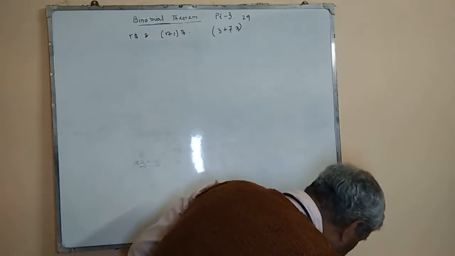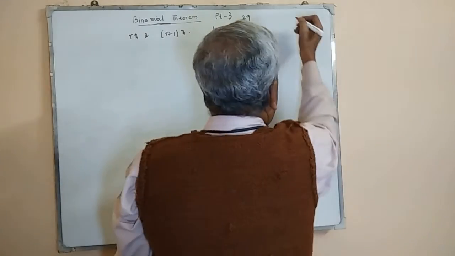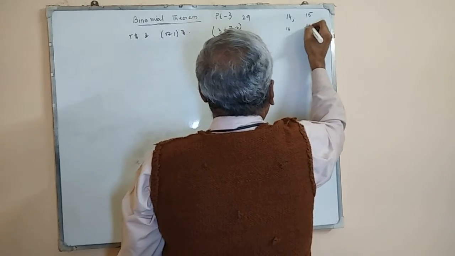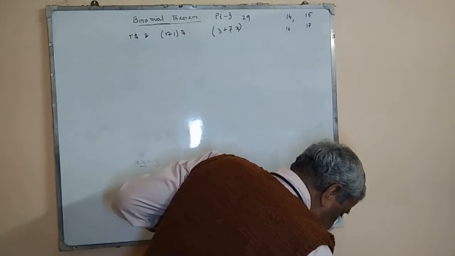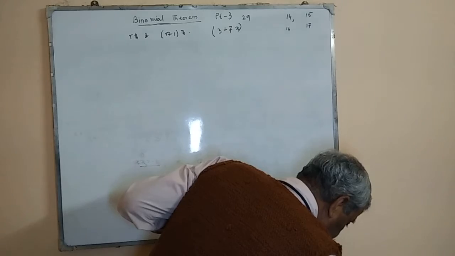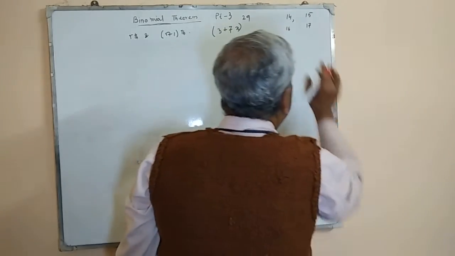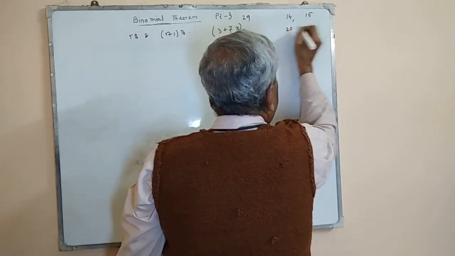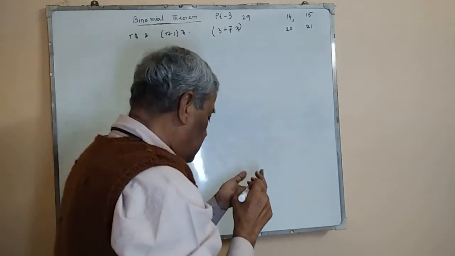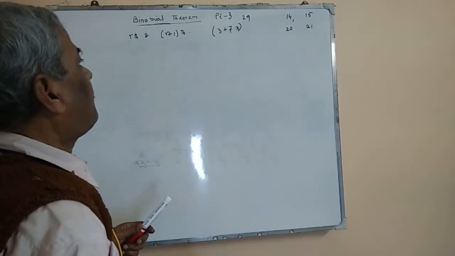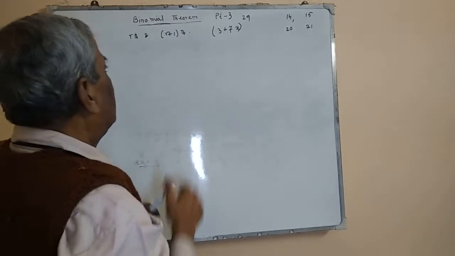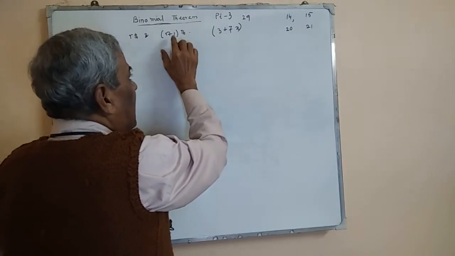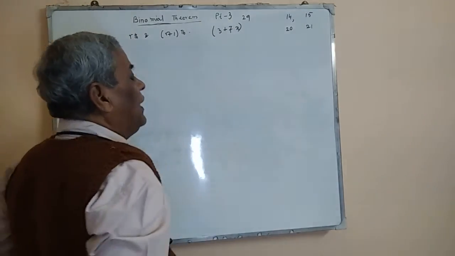The options are 14, 15, 16, 17, 20 and 21. These are the options. Now here, given that in that binomial the rth coefficient and the next coefficient are equal,